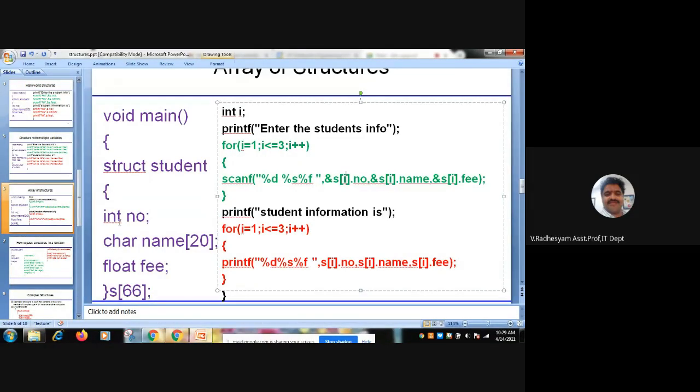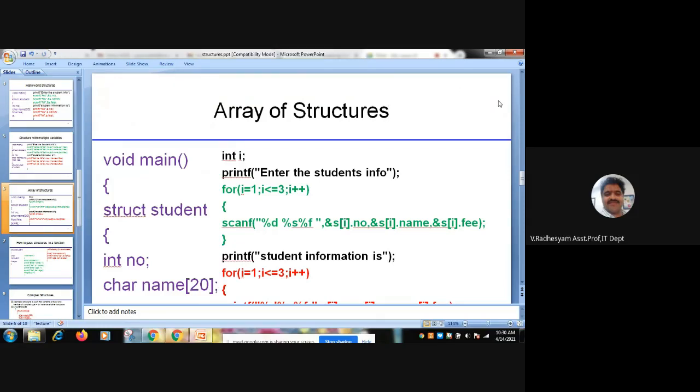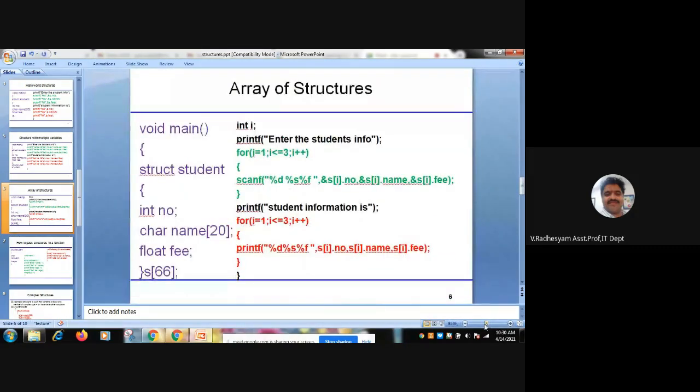Here I gave an example for 3 students. This concept is known as an array of structures. Only 3 students' data is given as an example, but you can extend it up to 66.